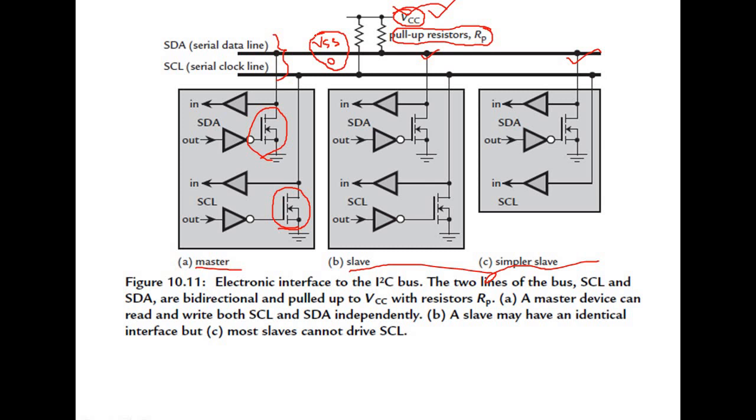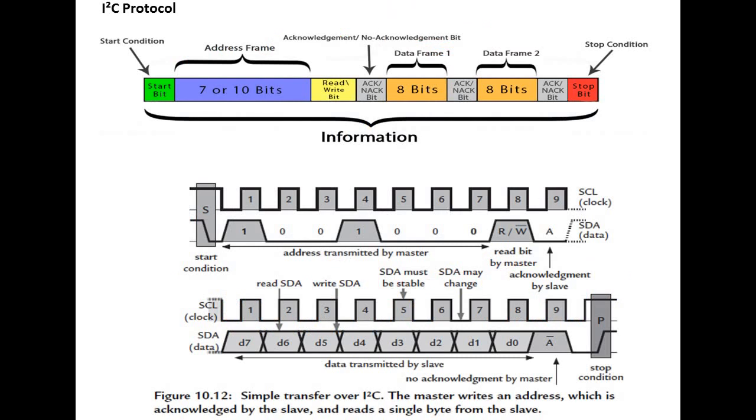With the help of this figure, I will explain how the I2C protocol works and how data is transferred from master to slave or slave to master. The above figure shows how the information frame will be. The first bit is the start condition, then the address frame. Here the address of the slave to which the master wants to communicate is transmitted. Your address bits may be, as I said, 7 or 10 bits. Next, the read or write bit: the master wants to read data from or write data to the slave.